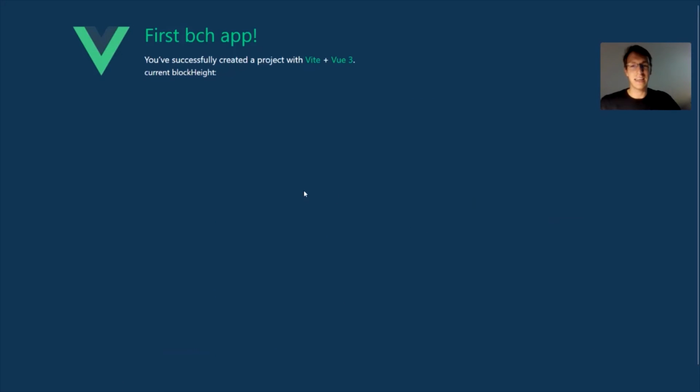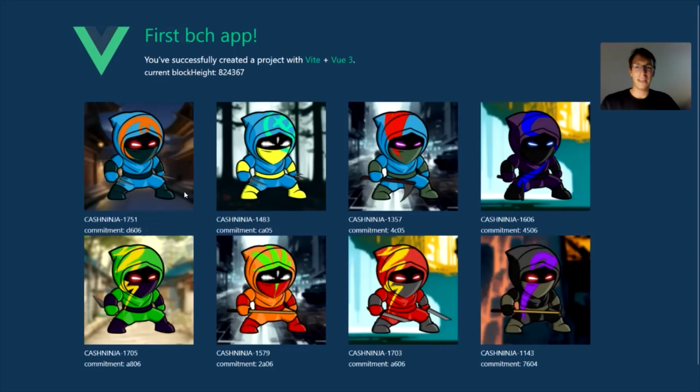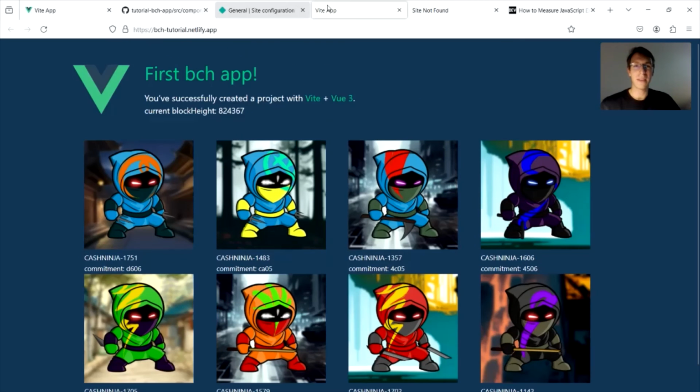So if we try this again, this is always dynamically showing the latest mints. So if someone mints after we check the site, this will display the recently minted ninjas, and also the block height. So if you visit back later, you will see a different current block height. So this is very cool. This is all working, and people can now check it out at